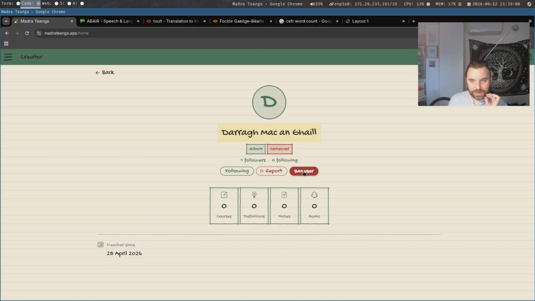I can also ban him if I want, because I'm an admin. Ban just means you can't do comments or post stuff. That's if someone comes in and starts abusing or putting up obscene content, we'll just ban them. You can still use the app. So admins can ban, everybody else can report, and then reports are seen by admins.